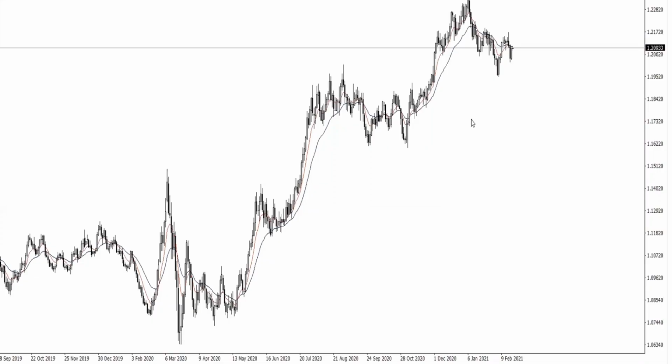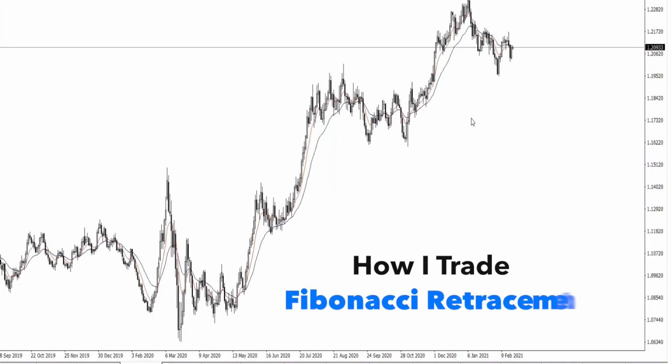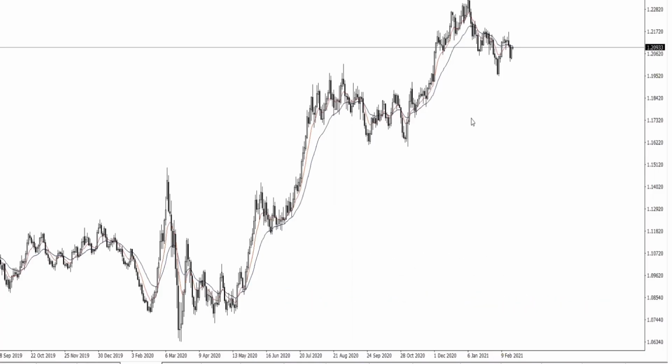Hello traders, this week we are going to talk about how I trade the Fibonacci retracement. Before I do anything, traders, I'll show you the process I walk through from just a clean naked chart. But first, you need to understand that trading based upon a Fibonacci retracement level is not